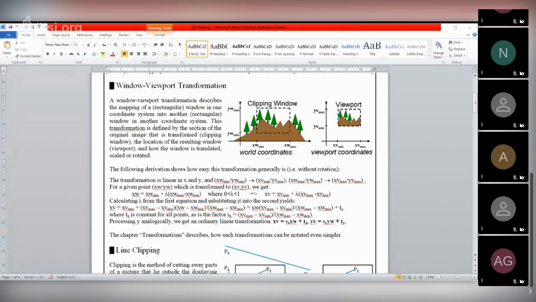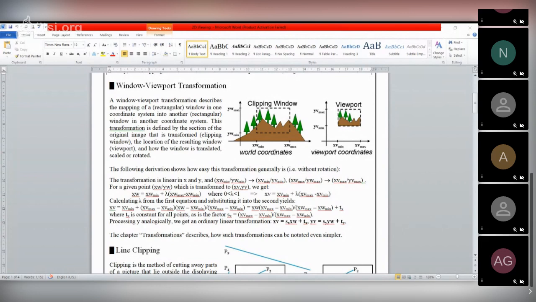The object is described by its world coordinate, and this world coordinate again we have to describe in the viewing coordinate. The viewing coordinate again we have to normalize with respect to our device coordinate, or with respect to the particular scene which we are trying to capture.